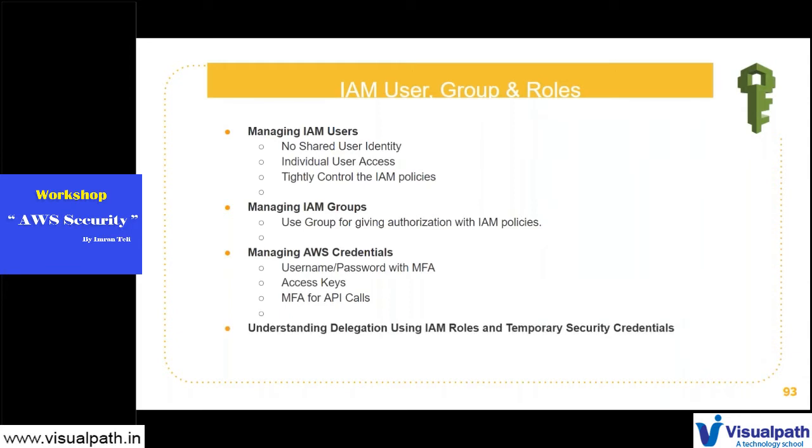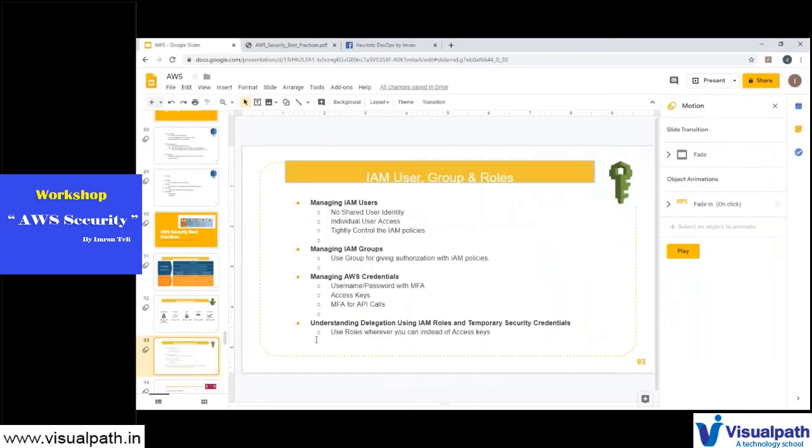Use roles whenever possible. Stop using access keys. Some of us have been using AWS for a long time and are very habituated to using access keys. So if an EC2 instance wants to talk to an S3 bucket, or access something, use roles: apply a role on the EC2 instance. Do not use access keys. Everyone knows how to use roles, right? Anyone who does not know how to use roles?